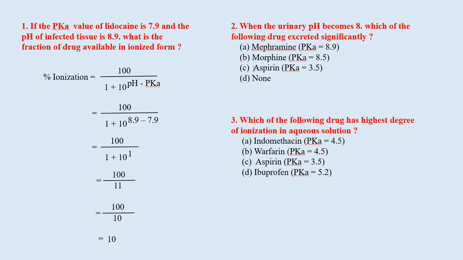But on the other hand, in the case of aspirin, the pKa value for aspirin is 3.5, and the pH of urine is 8. So aspirin is a strong acidic drug, and this is a basic environment. If any strong acidic drug is in a weak basic environment, then that drug gets maximally eliminated. So among these three drugs, aspirin gets significantly excreted